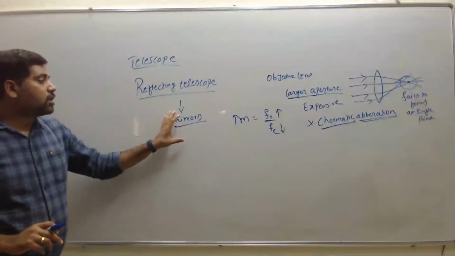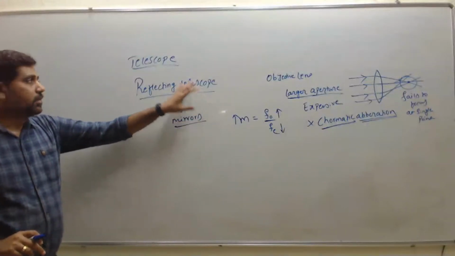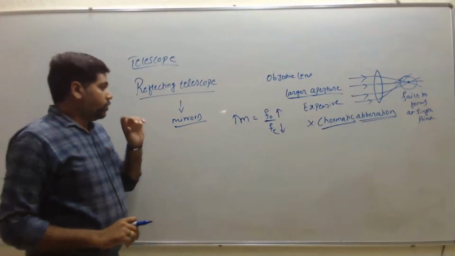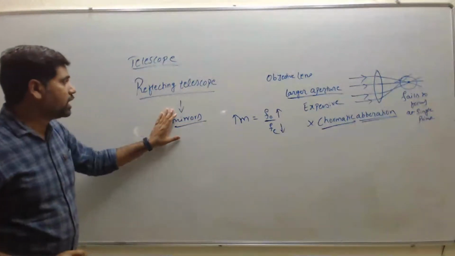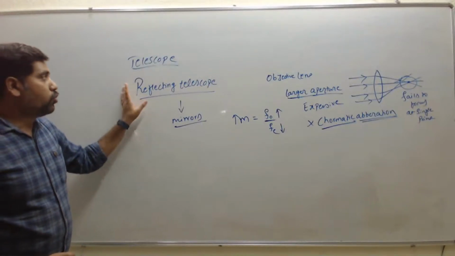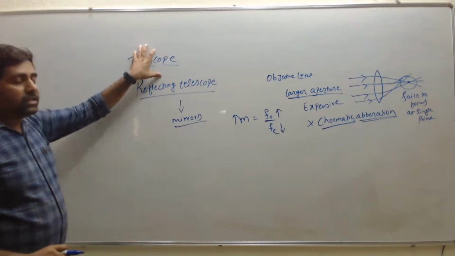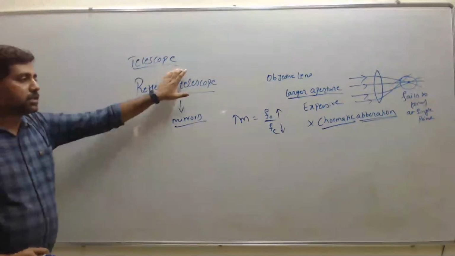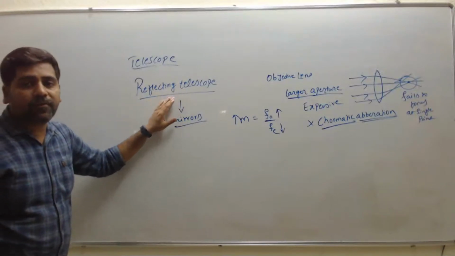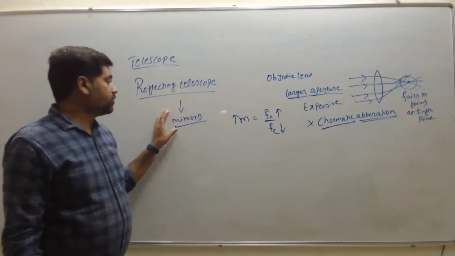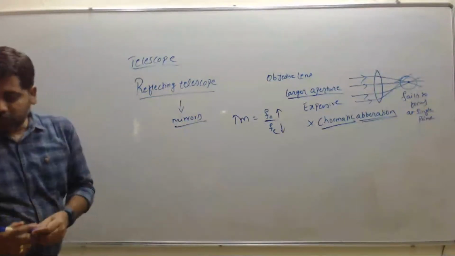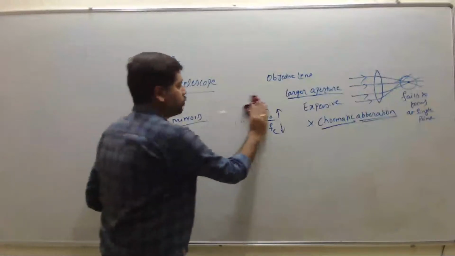If the mirrors are very small, then the size is very less. So that's why we are going to use the reflecting telescope. To overcome the disadvantages of the terrestrial telescope, we constructed the reflecting telescope. In the reflecting telescope, instead of lens, we are using the mirror. Construction of the reflecting telescope is